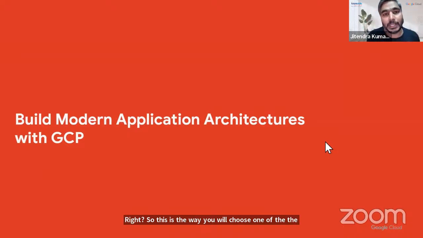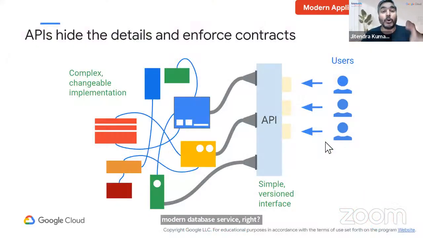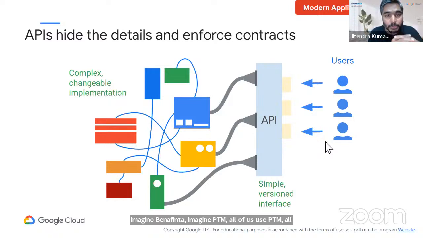So when we are building a modern web application, we need a modern database service, right? And these are some of the database services that we have got with Google Cloud Platform. Now for your application itself, right? I mean, if it is a distributed architecture, imagine a fintech, imagine Paytm, right? All of us use Paytm, all of us use GPay. Now, what does GPay do when you actually make a transaction to your store, right? The grocery store where you are buying a pack of bread, right? He says, hey, scan your code, barcode here, right? Or scan that QR code.